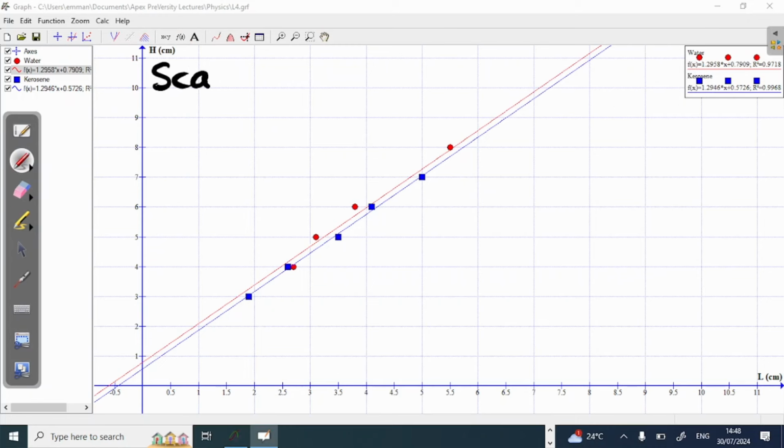So scale, or scale used. I would advise you use the same scale for both of them. So if I look at my scale, I'll say, let, if I look at the vertical axis, that's the h axis, from here to this point is 1 unit. So I'll say let 1 unit